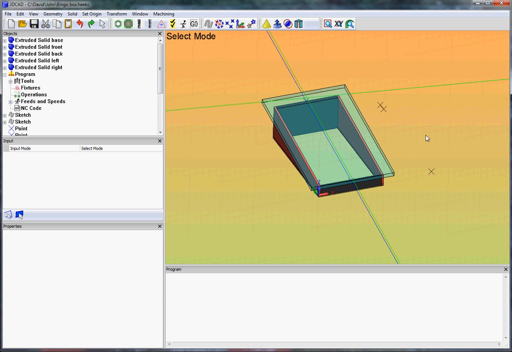What fixtures do in JDC&C is they allow you to marry the graphics with the physical workpiece on the milling machine itself. And so in terms of the graphics, it tells you where is your starting point, and that can refer to the touch-off point when you put the raw material onto the machine physically. It also says